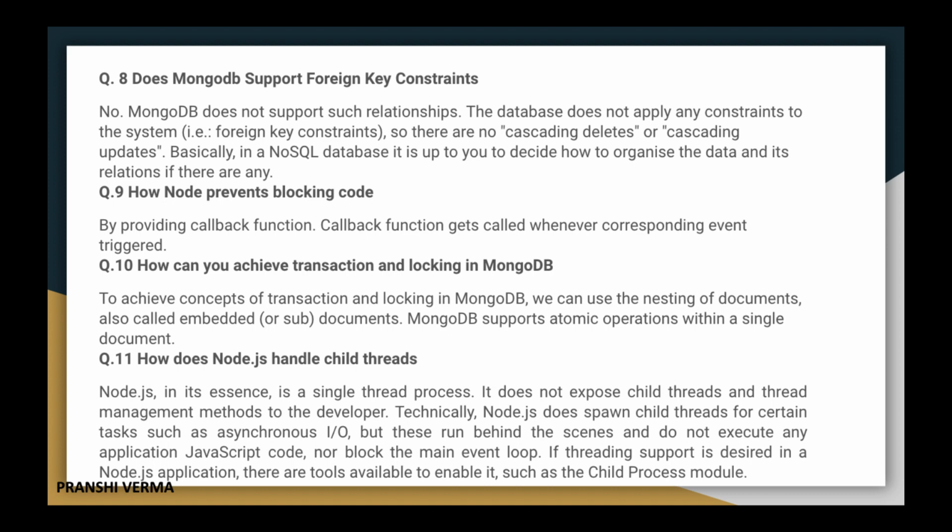When an asynchronous I/O operation is initiated, Node.js registers a callback function to be executed when the operation is complete. This allows Node.js to move on to other parts of the application, rather than waiting for the I/O operation to complete. When the I/O operation is complete, Node.js adds the callback to a queue, which is processed by the event loop. The event loop continuously checks the queue for new callbacks to execute, and runs them in the order that they were added. This allows multiple I/O operations to be executed simultaneously, without blocking the execution of other parts of